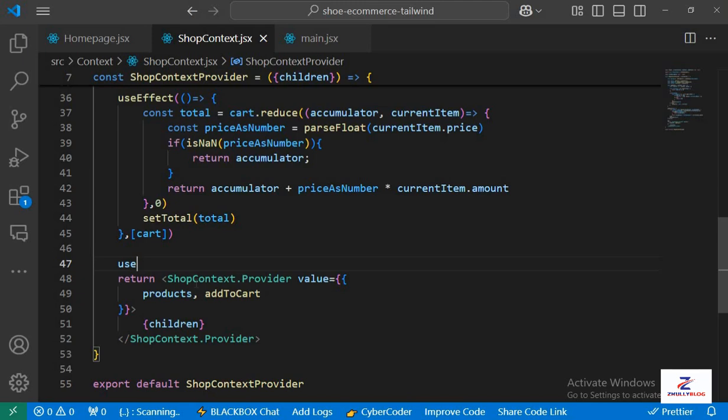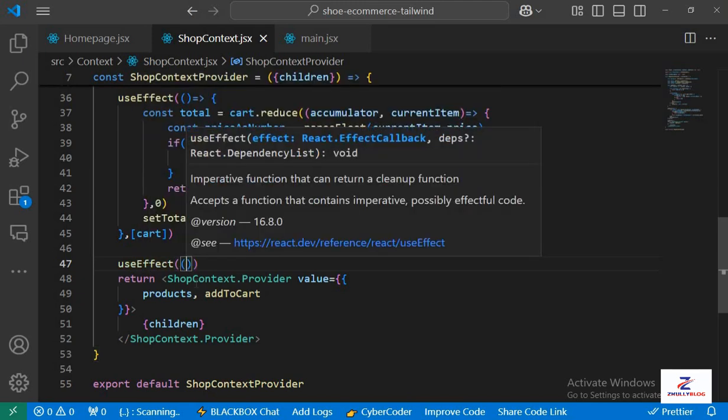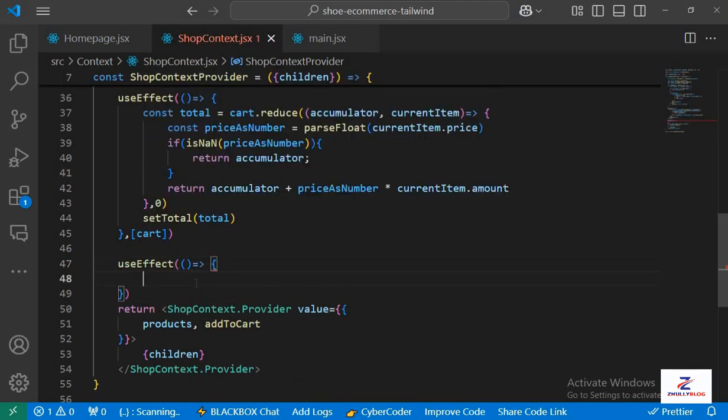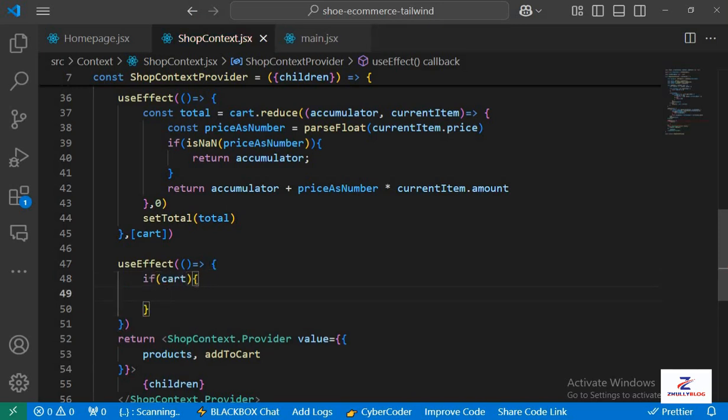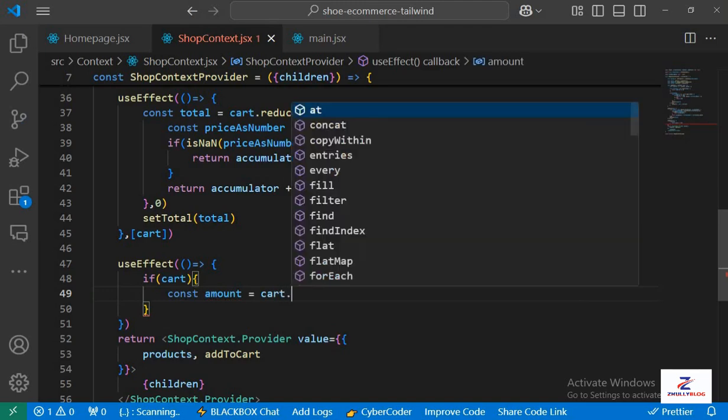So use effect as well. Create an arrow function. Okay, so first we're going to check if the cart is not empty. So if cart, we would use the reduce to sum the quantity of all items. So I'm going to create a variable that is going to take that, const amount equals cart dot reduce,